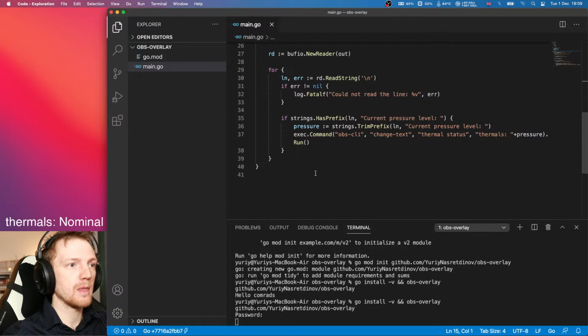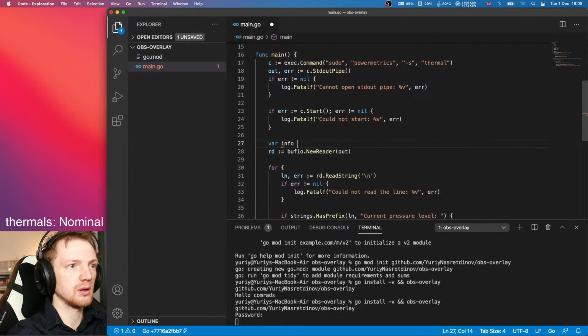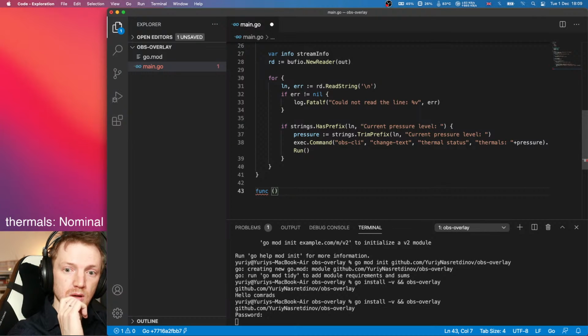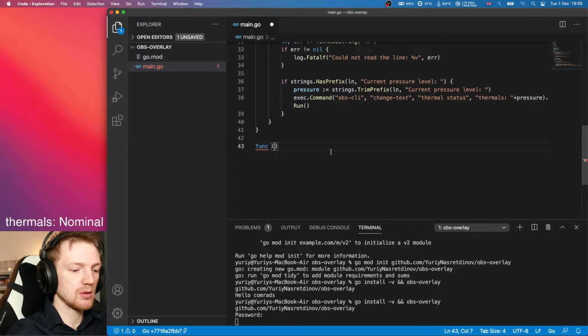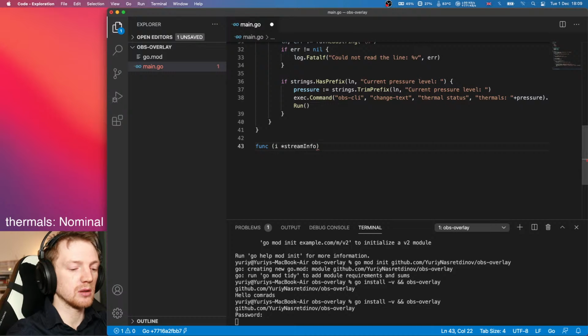So we then can define the state. We'll say info is a stream info, and we will define a function that will update the current status using this info. So we'll say this, and we'll say update